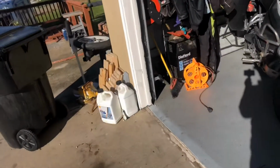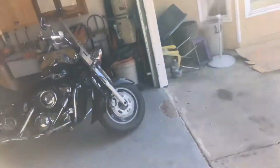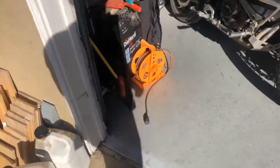Hello my friends, and welcome to Tom's Tinkering and Adventures on a beautiful sunny Southern California day. Unfortunately, the sun is causing some issues with my garage door opener, and I don't know if it's a common issue, but it happens. The sun shines down onto these sensors here. There's one on each side, and they're supposed to prevent your door from closing on something. But when the sun is shining on that,